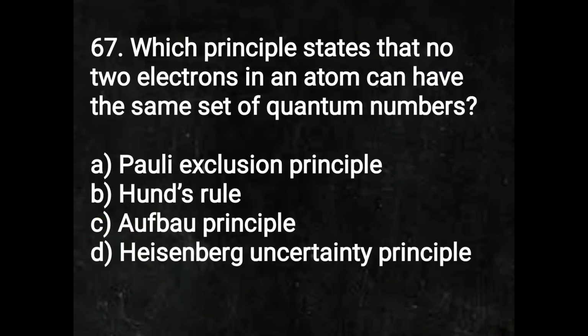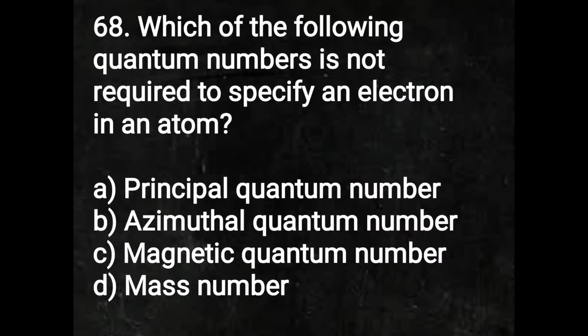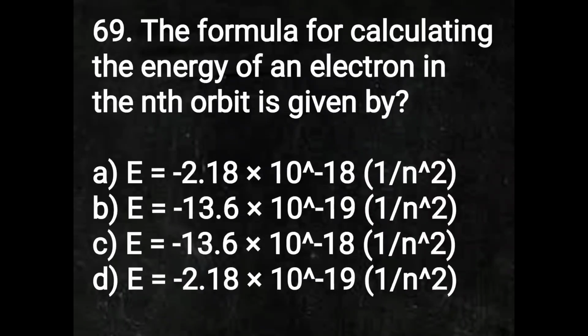Copper is the right option. Which principle states that no two electrons in an atom can have the same set of quantum numbers? Option A, that is Pauli's exclusion principle. Which of the following quantum number is not required to specify an electron in an atom? Option D, mass number. The formula for calculating the energy of an electron in the nth orbital is given by